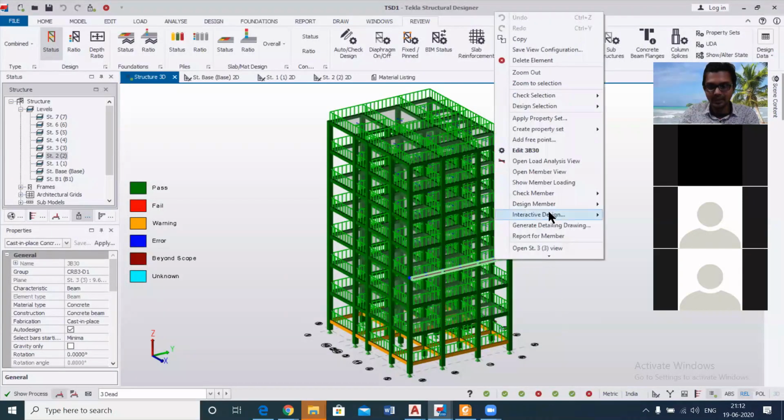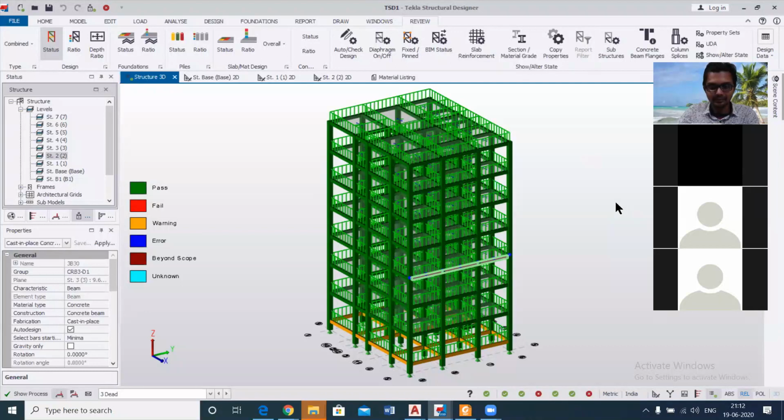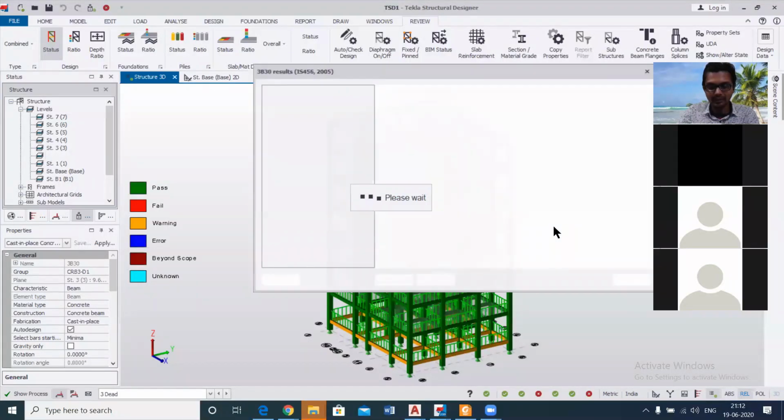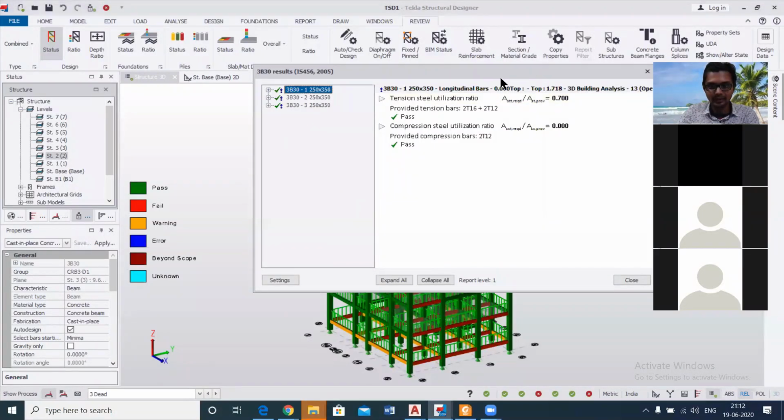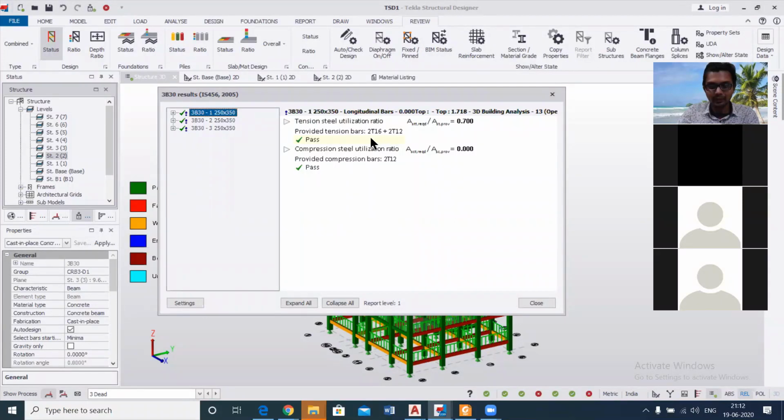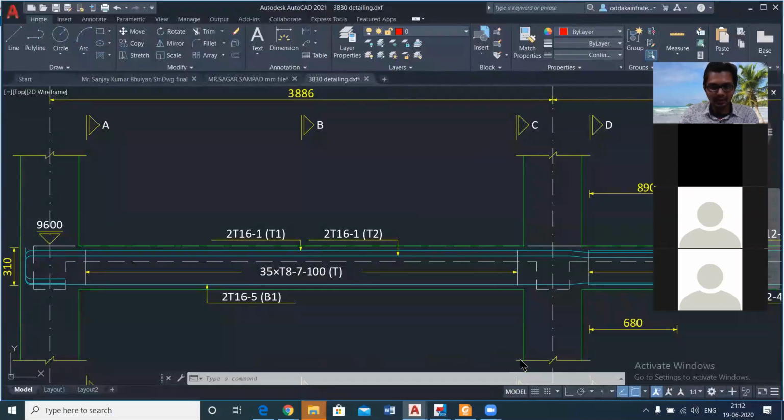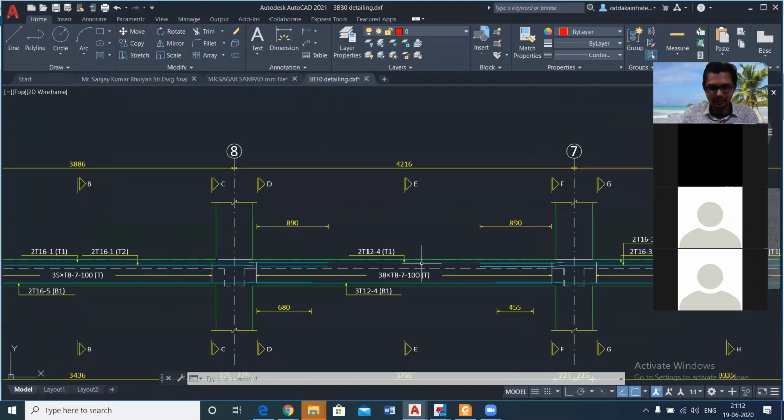Before discussing this drawing, I want to go back to the software, right click on it, and then click on design member again. So we'll compare the data and discuss what the reinforcement in this beam is. As you can see, in this beam we have given a reinforcement of two numbers of 16 mm at the top, along with two numbers of 12 mm, and at the bottom two numbers of 12 mm. So we'll go back to the CAD file, and then you can see here the reinforcement detailing.